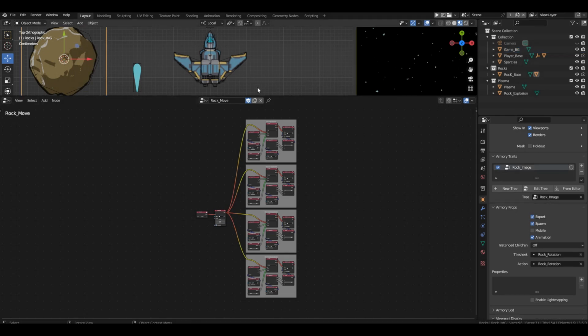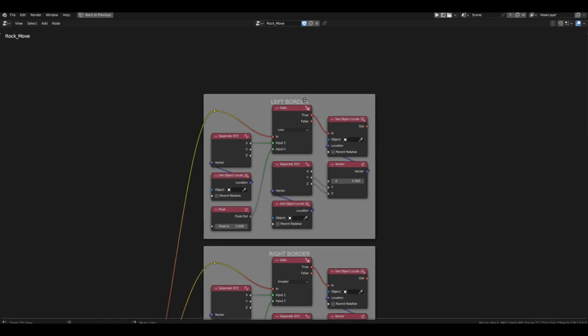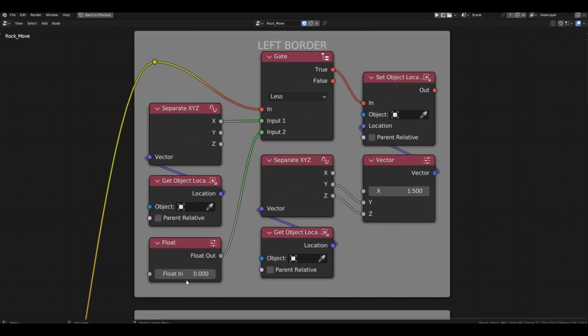You can check the asteroid size in the right panel on the Item tab in the Dimension section. You can divide this value in half and round it to 1500ths. This will be enough to ensure that the asteroid is completely out of sight before teleporting it. So, for the left boundary, you need to change the values in the event as follows.